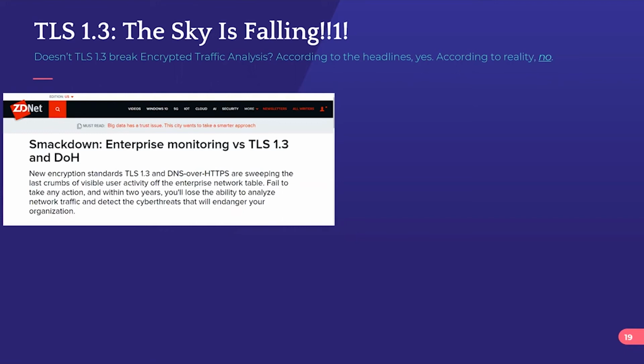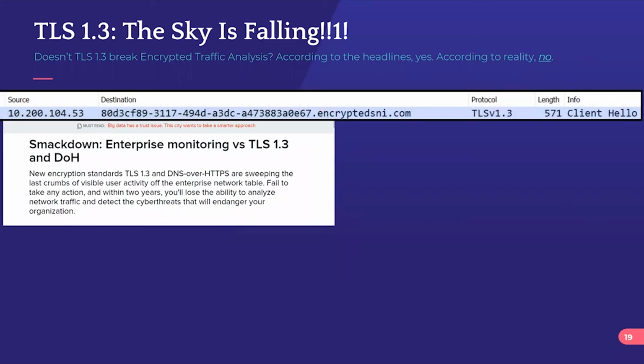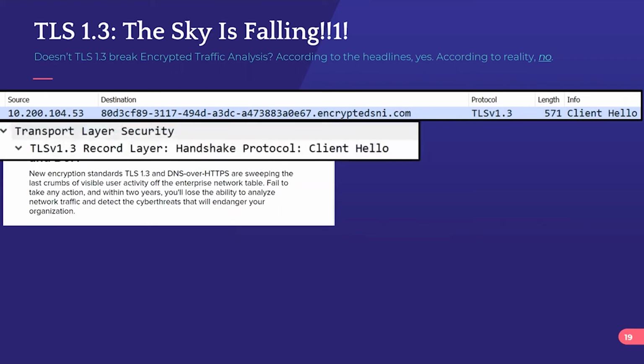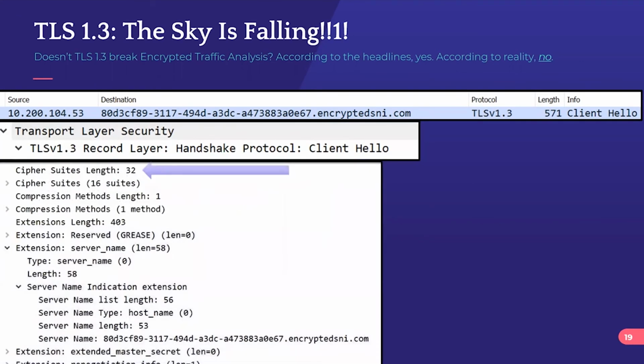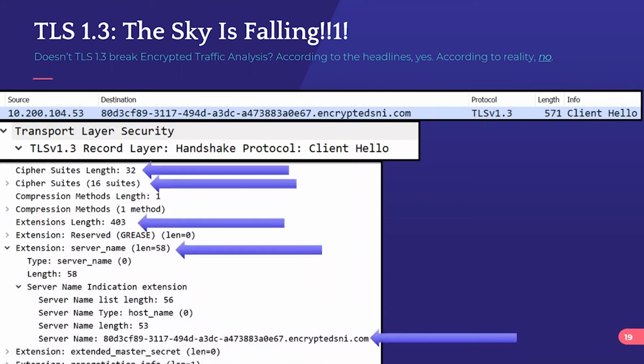And the question is, okay, this is great. We can write articles or blog posts like this, but when we get out there and look at traffic and actually look at what's on the network, what is the reality out there? And what we see is here's a session actually using just the current version of Chrome, connecting to a server that's designed to test compatibility with TLS 1.3 servers, between client and server. And as I expand this out, we're looking at a Wireshark dump here. We still see that all the information that we were using before is still there.